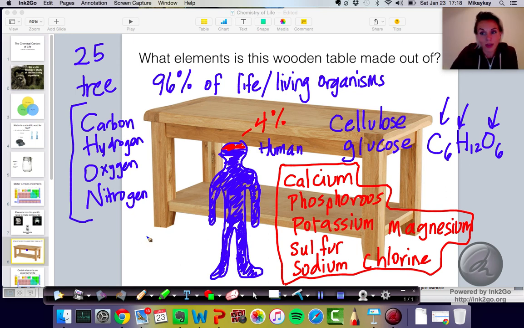And you might be saying, well, that's kind of cool, but where do I get that anyways? Well, if you think about food, let's say you eat a piece of bread, bread is made up of mostly, there's a lot of cellulose in it, there's glucose in it, right? And that's mostly carbon, hydrogen, and oxygen. Nitrogen is also found in food, and especially it's found in protein, and we'll learn more about that. So the food that you eat is mostly made out of these elements as well.